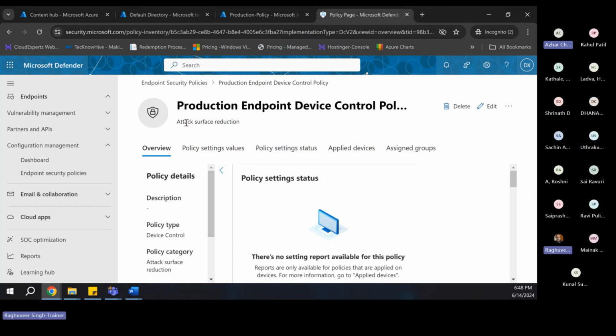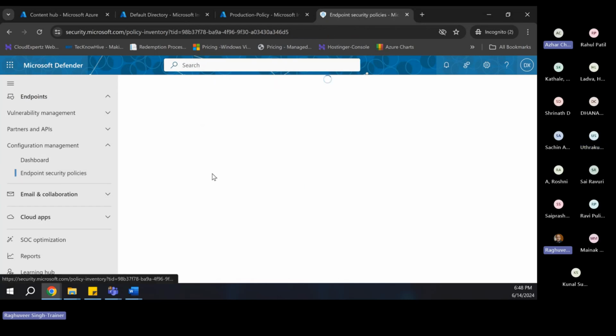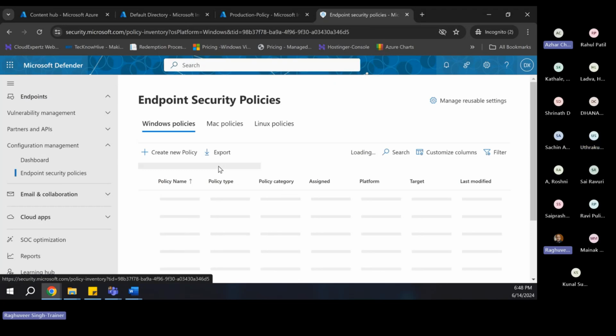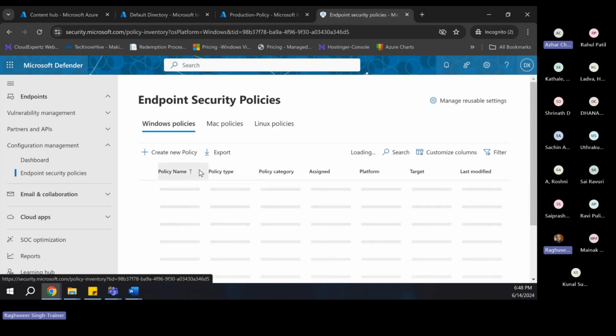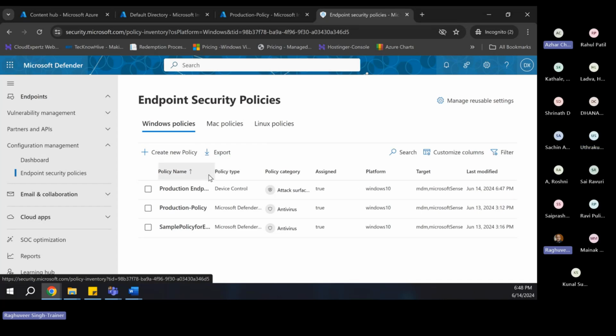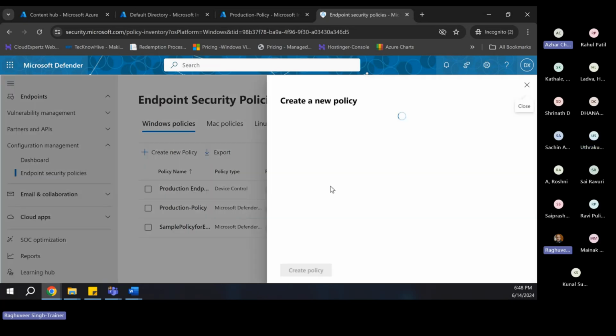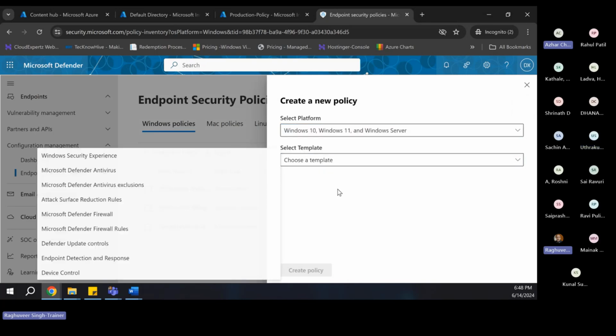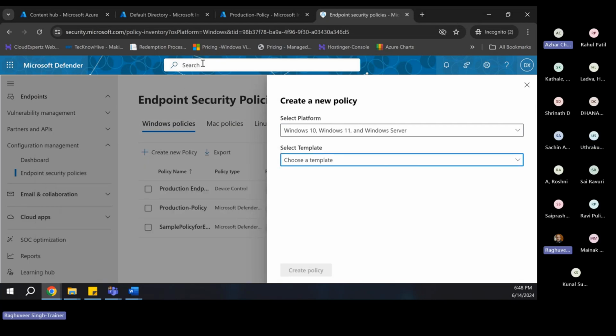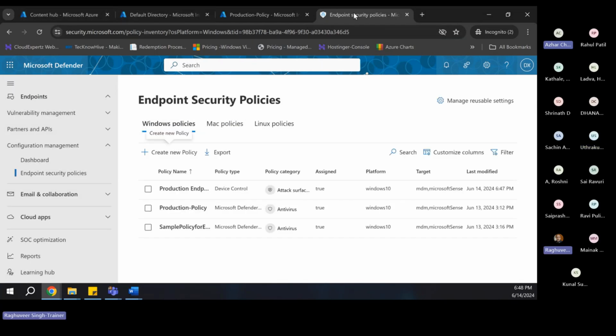Okay, so we have created this policy. Now, any policy that you create will synchronize with Intune. The reason we want to create policy in Intune is because in Intune you have more additional options available, something that you don't have here. For example, over here, you do not have a compliance policy, device compliance policy, which I don't see here, which is missing from here, and that policy is available in Intune. So if I go to Intune,